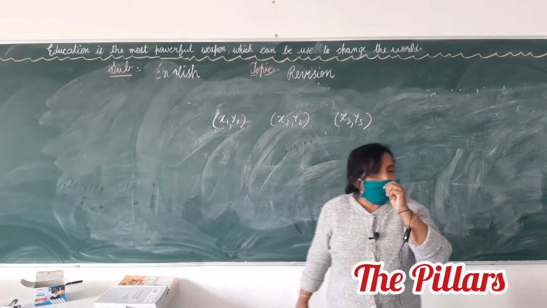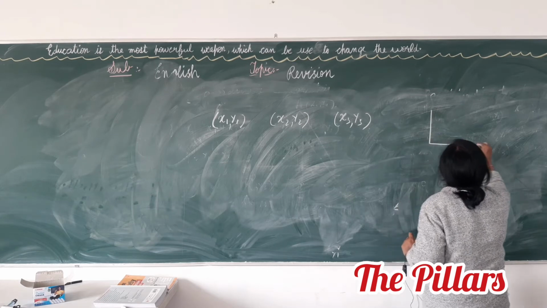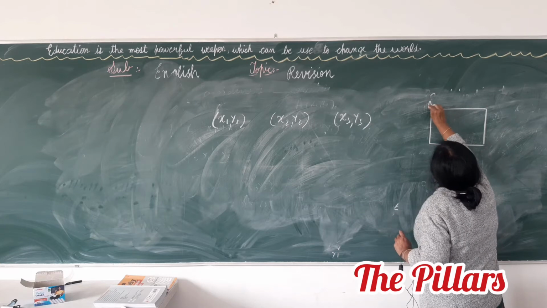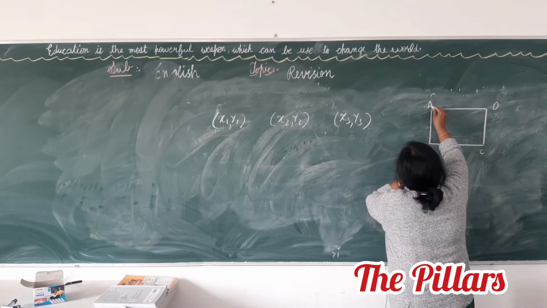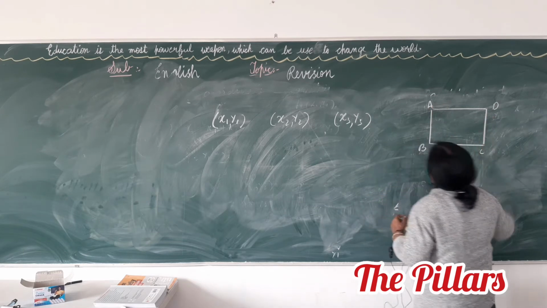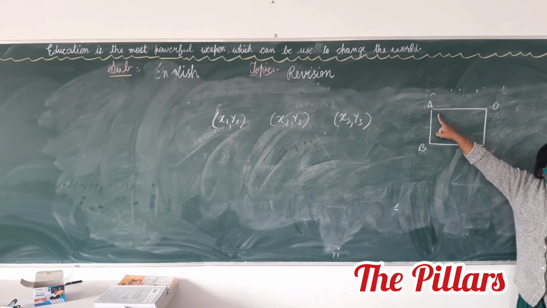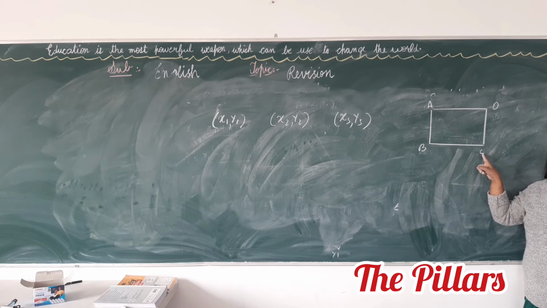Now, next. See, if the question asks you, suppose, these types of questions are asked, that's why I am telling you, it's a rectangle. ABCD is a rectangle. The coordinates of all these points are given to you. Now we have 4 points. It's a quadrilateral. Right? Clear? Suppose the vertex of A is given to you, vertex of B is given to you, vertex of C is given to you, and you will be asked to find out the vertex of D.